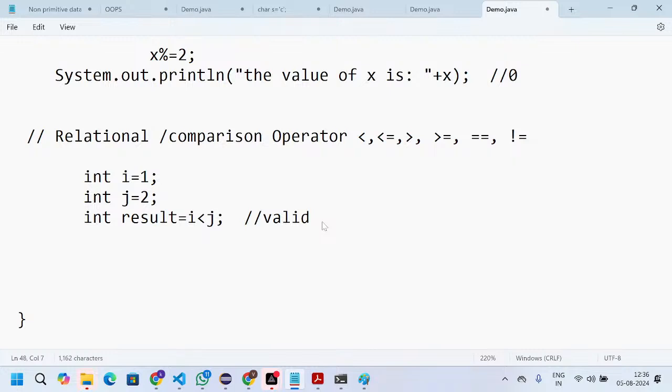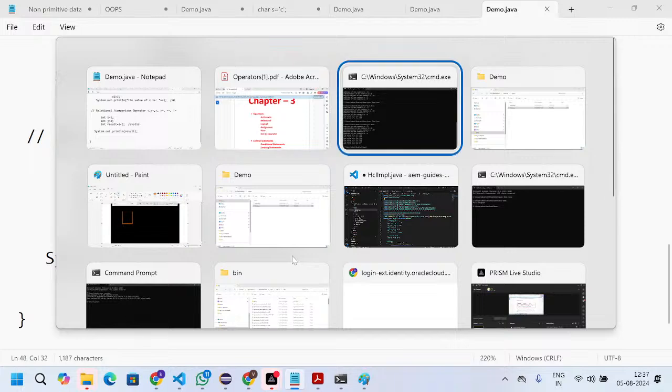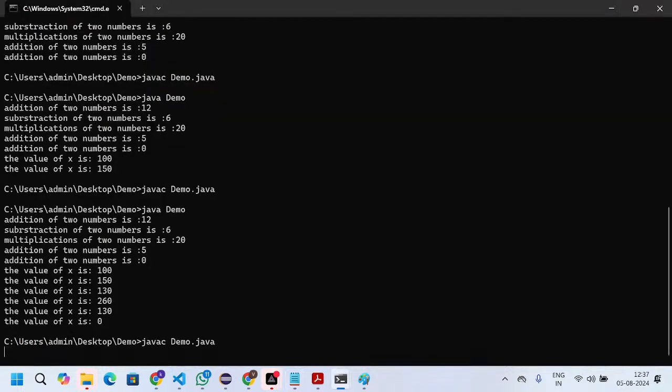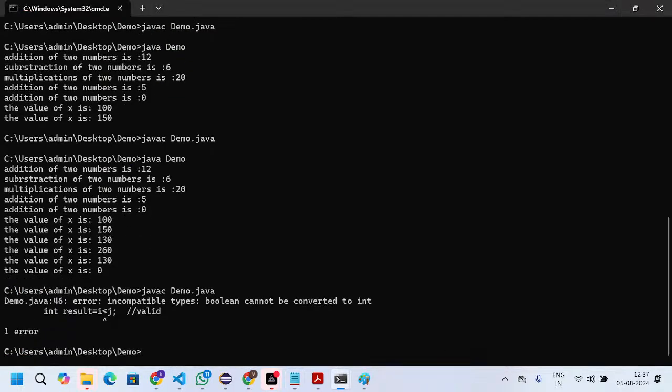Okay, so we can take a print statement, System.out.println, and mention the result directly. Then save the file and come here.